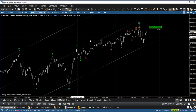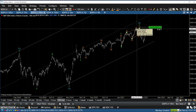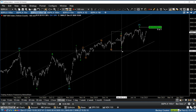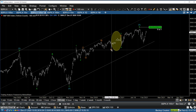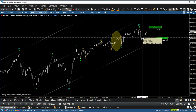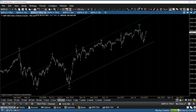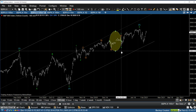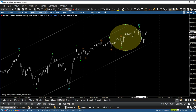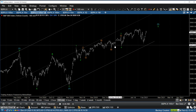And then back to the S&P. Let's talk about how this trend extends. Well, essentially, what ended up happening is, as opposed to this being all of orange wave 5, which, given the 61% relationship to 1 and 3, it did appear to actually be orange 5. What ended up actually happening is, as opposed to that being all of orange 5, this is your orange 5th wave. So everything gets moved one swing point to the right, and